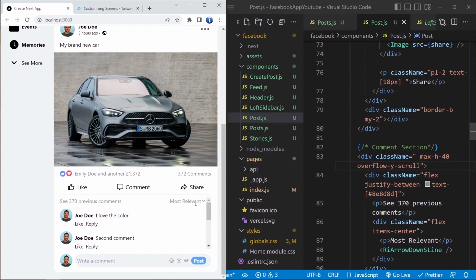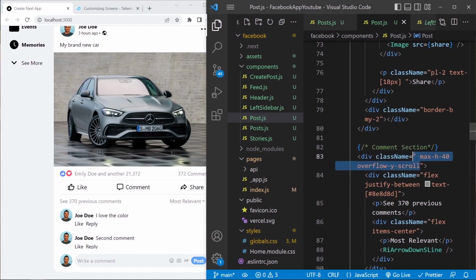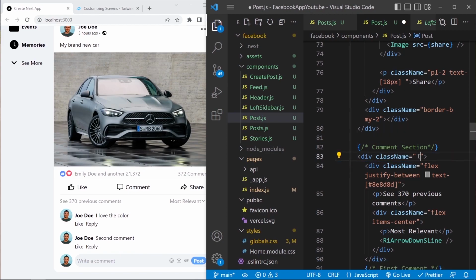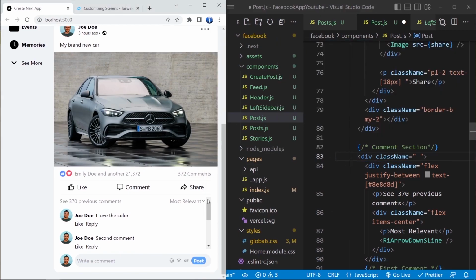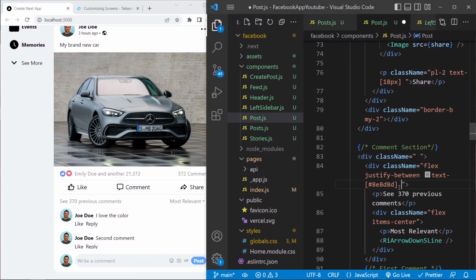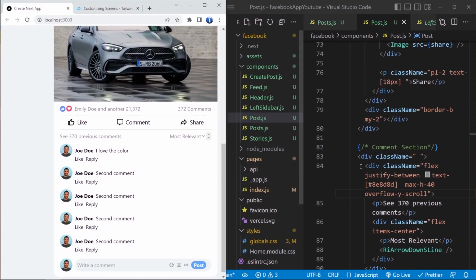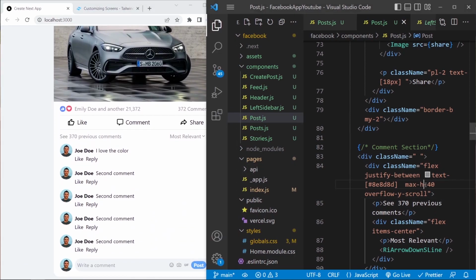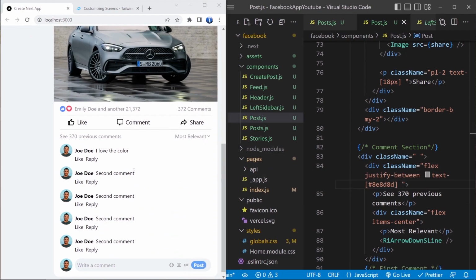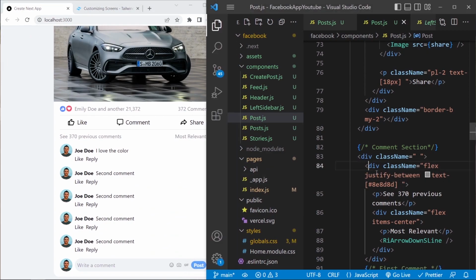Okay, next thing we have to do, actually let's take this and paste it right here, because we get this scroll bar at the top, and we want the scroll bar to end right here. So I'm gonna add it here, and let's see what happened. So comment section,